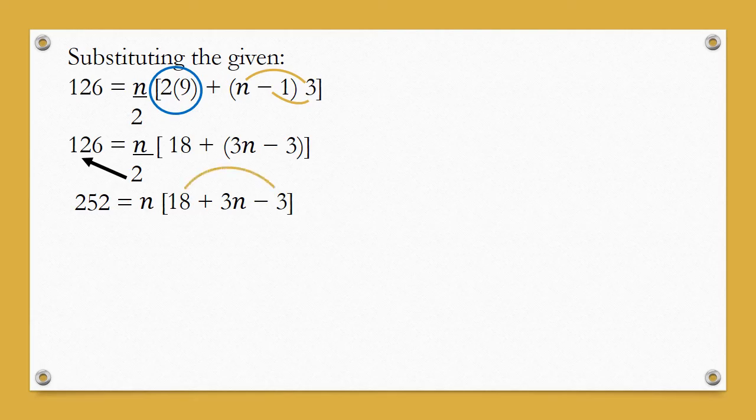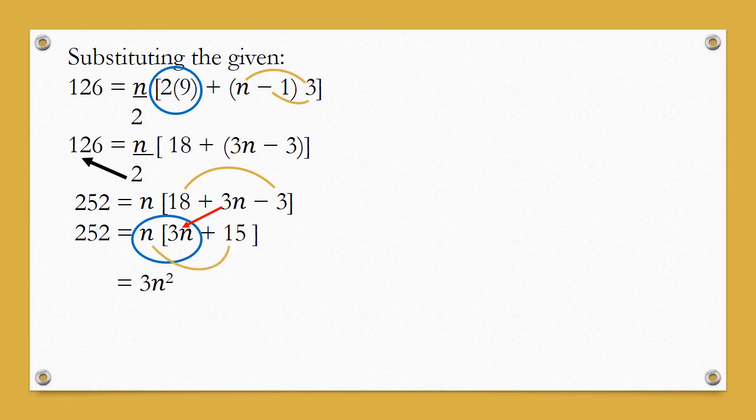So we will be combining 18 and negative 3 since they are like terms. Okay, and our equation now is 252 is equal to n times the quantity 3n plus 15, yung na-i-add na 18 minus 3. So bring down 3n. Multiply n times 3n will give you 3n squared, and n times 15 will give you positive 15n. Then copy